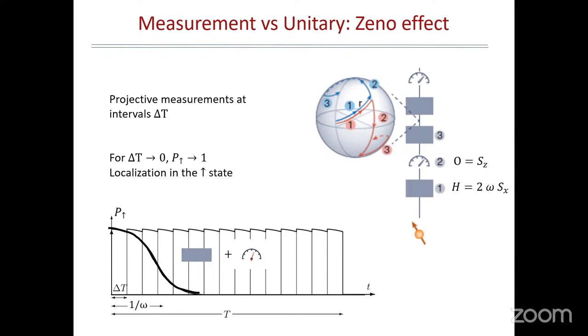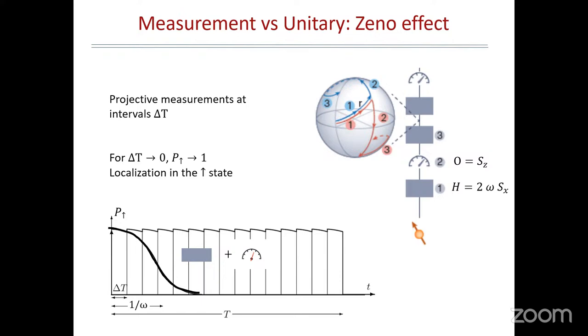If you perform a measurement, you should see some coherent oscillation, the first part of which is that thick black curve there. So this will change coherently like a cos function. Now, if you start performing measurements at an interval delta t, what happens is that after a while, the system will be projected either to the north or the south pole. And if you perform the measurement frequently enough, the probability of being kicked back to the north pole is increasingly higher. So as a result, for frequent enough measurement, you will get stuck at the north pole. So measurement will block this Hamiltonian evolution and will localize you at the north pole.